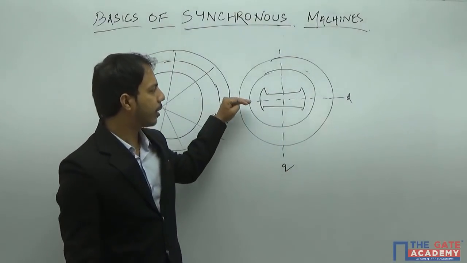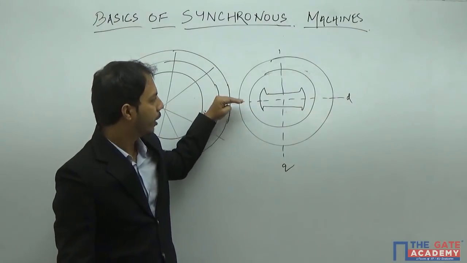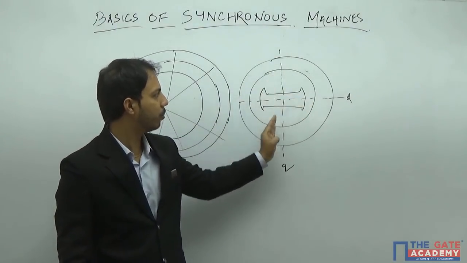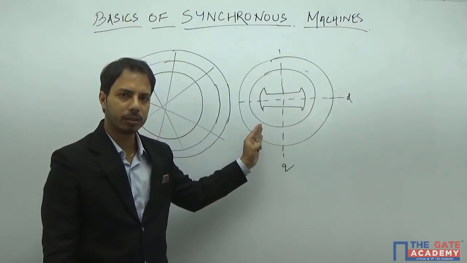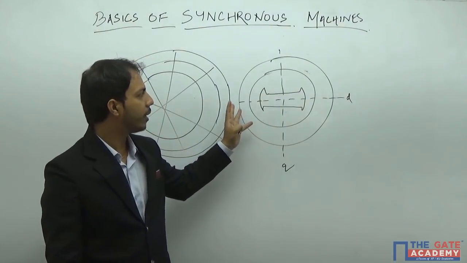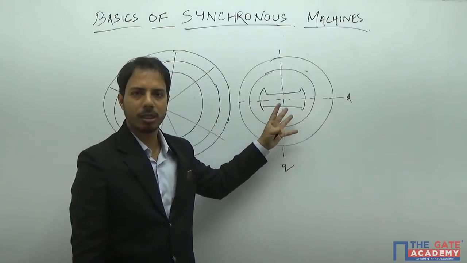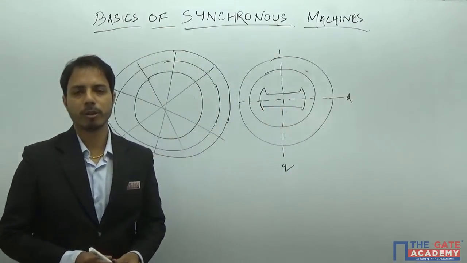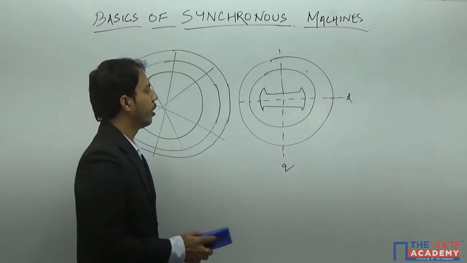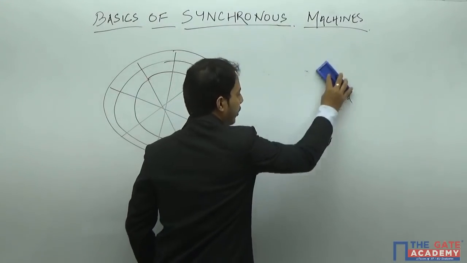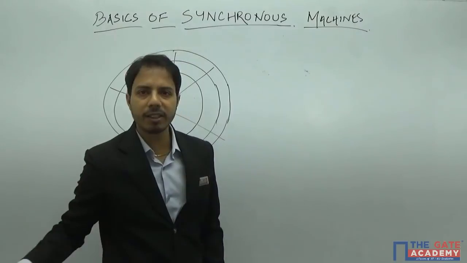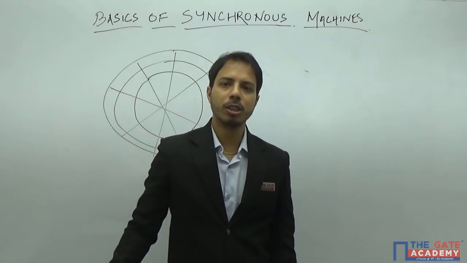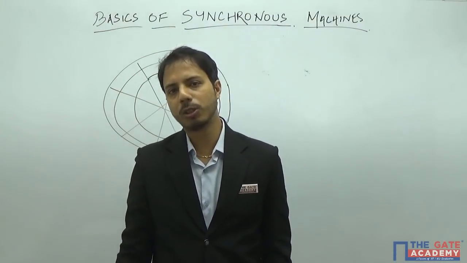So the reluctance will be minimum in the D axis and it will be maximum along the Q axis. Here the reluctance depends on the position of the rotor. So this is a basic difference between the two rotors. Now since there are differences between the two rotors,